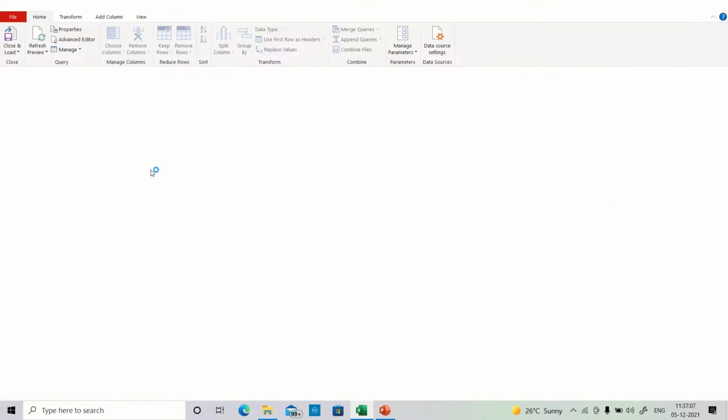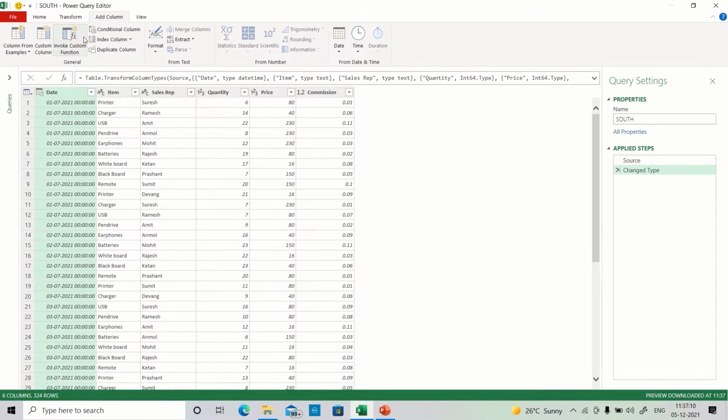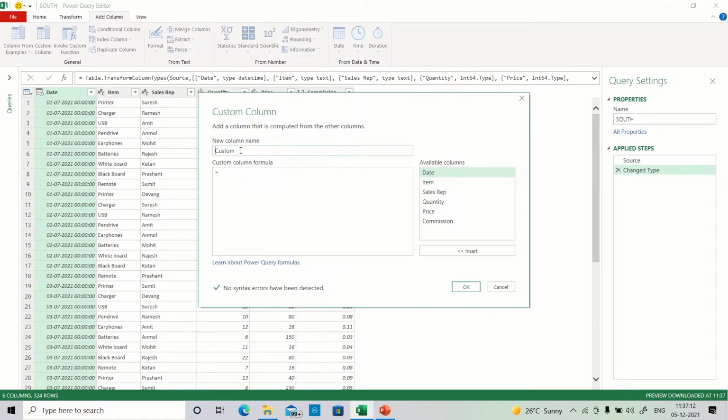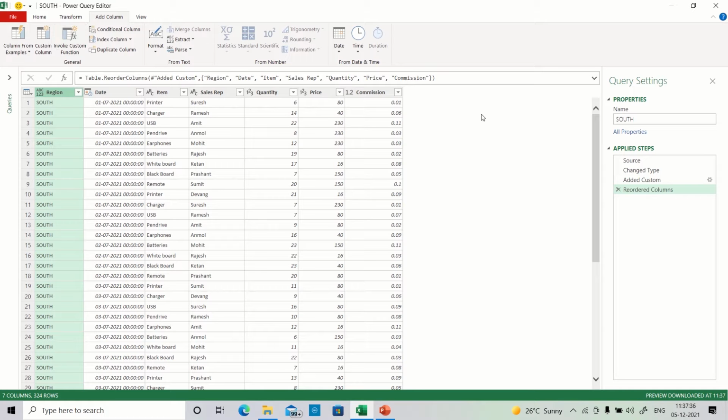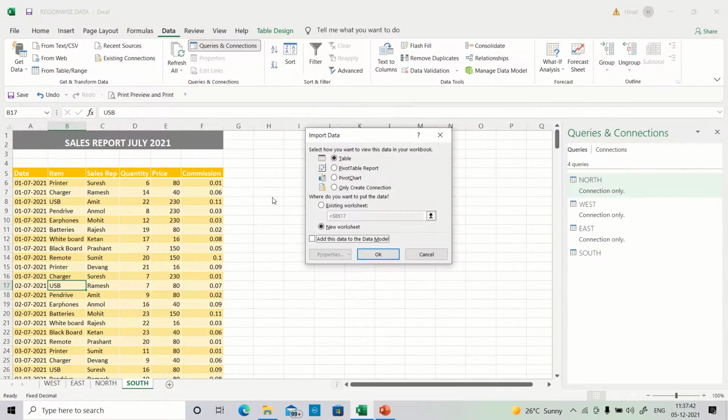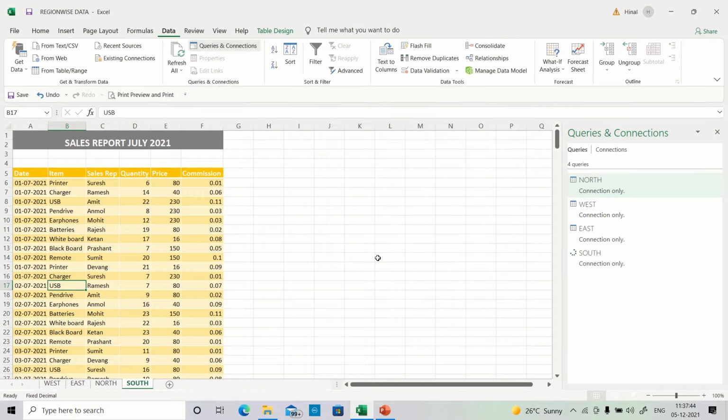Again, for the South table, Add Column, Custom Column, into the quotes, go to the File tab, click on Close and Load, Only Create Connection, and OK.